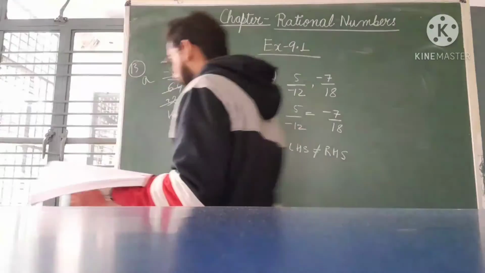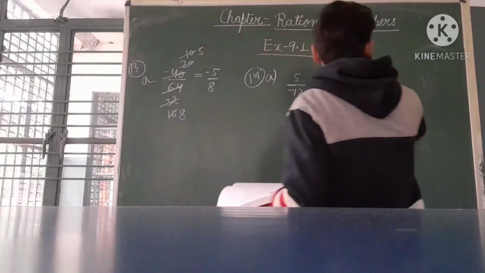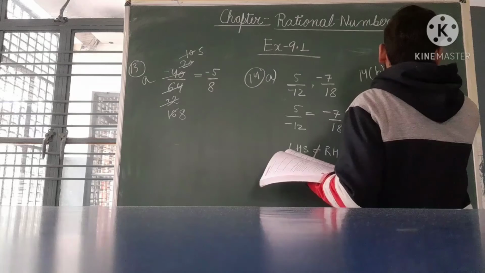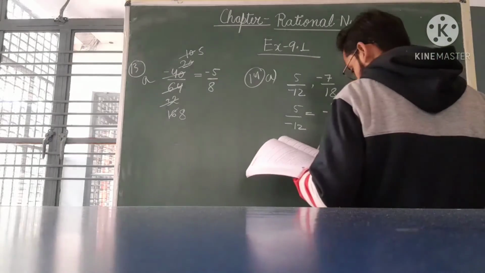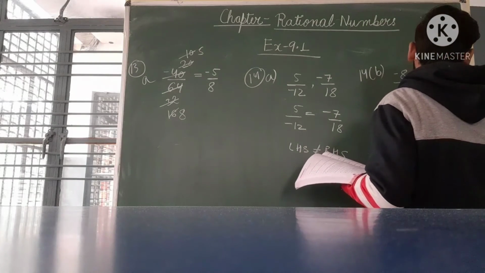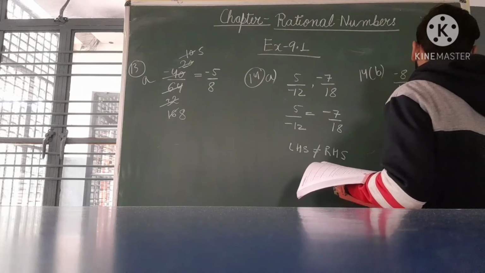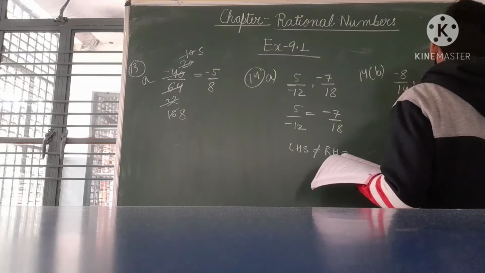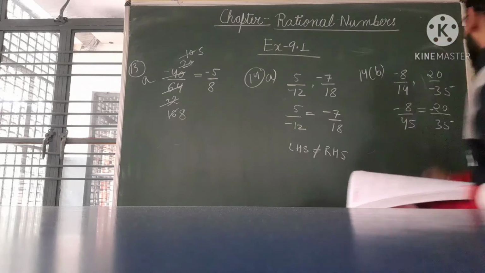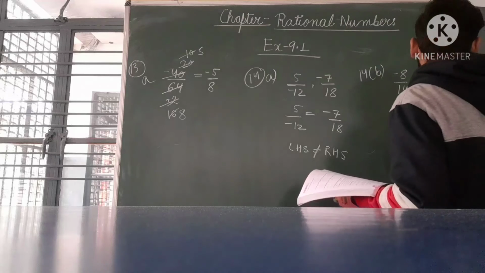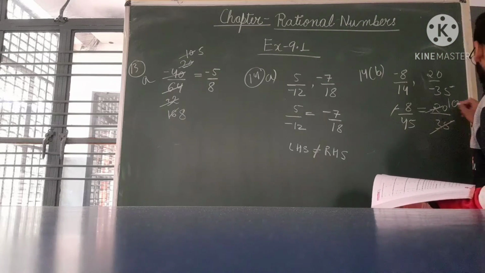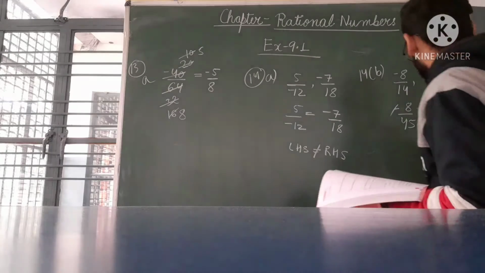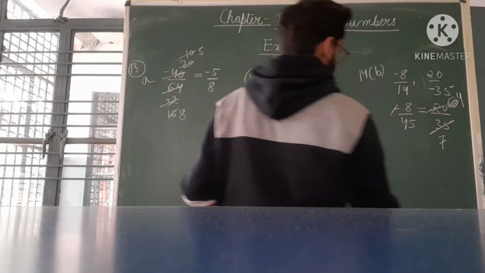That is 14th B. What does it say? Minus 8 upon 14. We have to check whether the numbers are equivalent or not. 20 upon minus 35. Just solve it. Maybe we will get the same thing. Minus here or here, same thing, so we can just cut the minus signs. 2 1s are 2, 2 0, 5 4s are 20, 5 7s are 35. Okay, I think it will not be cut.